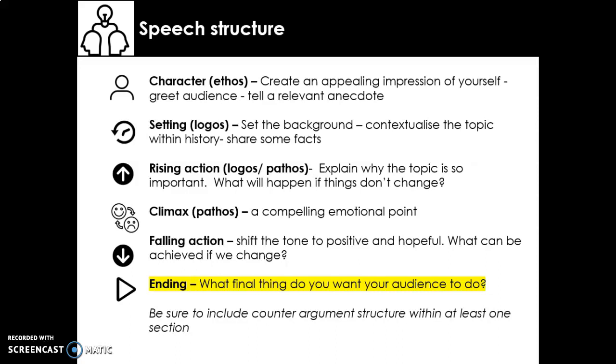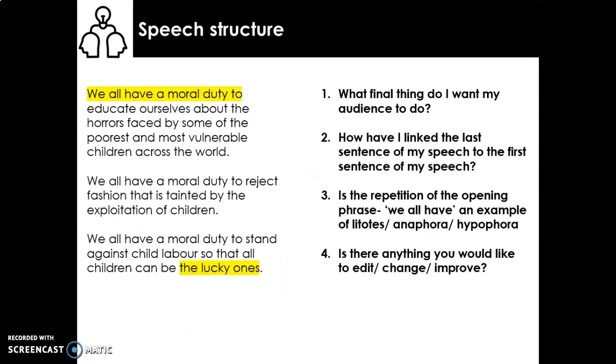Okay, so we're going to look at the ending of our speech. We all have a moral duty to educate ourselves about the horrors faced by some of the poorest and most vulnerable children across the world. So guys, I've got that direct link again back to the beginning of my speech. I'm creating a lovely cyclical, cohesive structure to my speech. The end is like the start, that use of the phrase moral duty. Okay, I'm using some really emotive vocabulary, vulnerable, poorest, and horrors there to create that link to pathos,